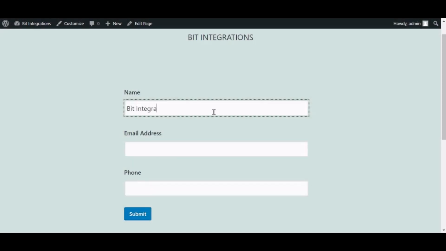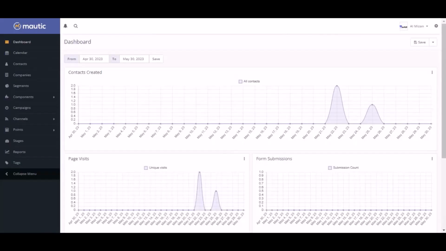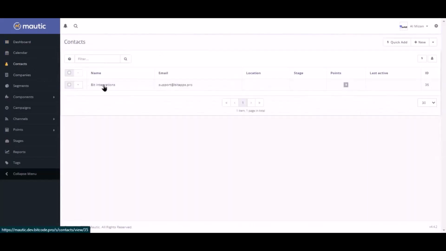Now go to your form and type some information and submit the form. The form is successfully submitted. Now navigate Mautic page and click the contact. Here is the data that came into